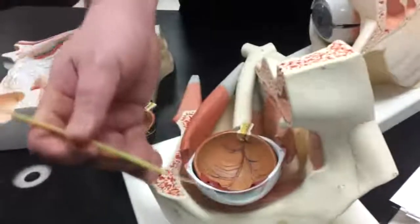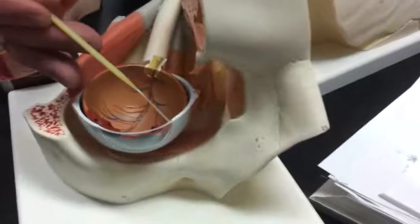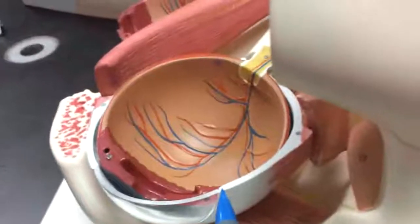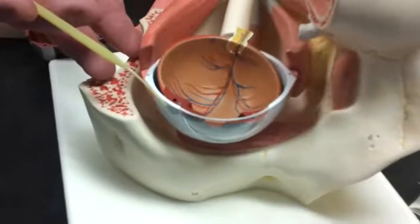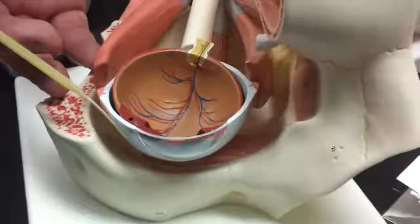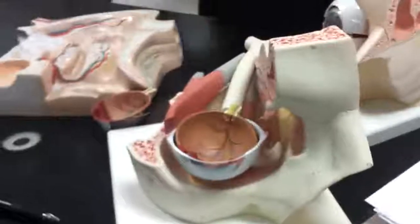Oh, one more thing. Where you see the interface between cornea and sclera, like here and there, if I'm pointing to that interface in between the two, canal of Schlemm. Okay, that's the canal of Schlemm. And if I'm pointing to the white of the eye, which is sclera, but I say, name the membrane, anyone know that one? Bulbar conjunctiva. Okay, it's on the list. Bulbar conjunctiva. Okay, so I think that's everything on the eye. So next